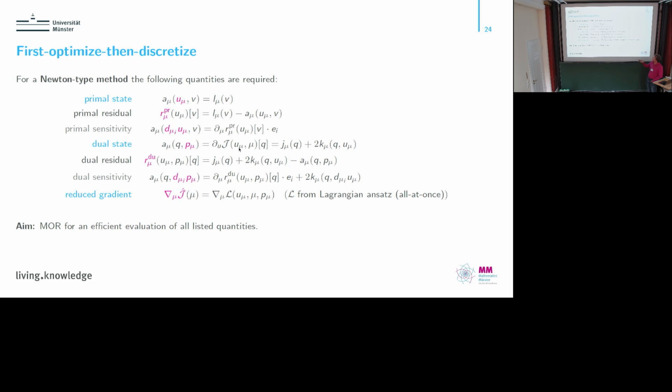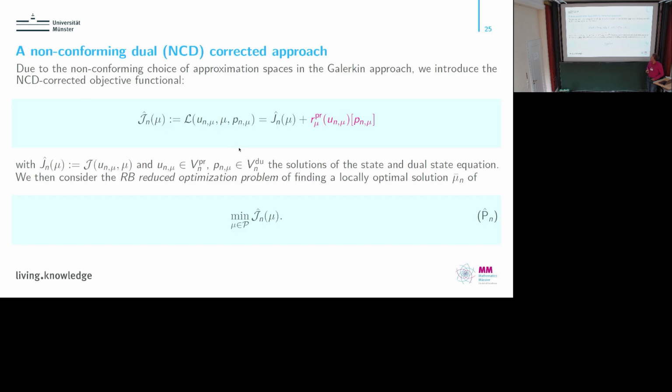So we need primal and dual in order to be able to evaluate the gradient, and we also introduce a primal sensitivity equation and dual sensitivity equation, which will be needed if you want to have higher order derivative information from the objective function. And okay, we now need to do model order reduction for all these quantities and also a posteriori error estimates for all these quantities. And this is actually what we did,